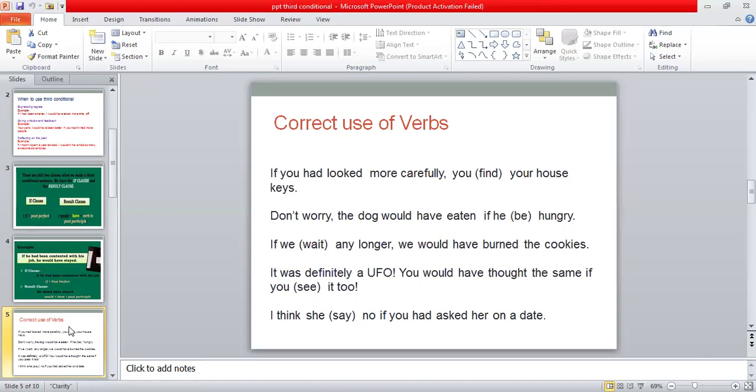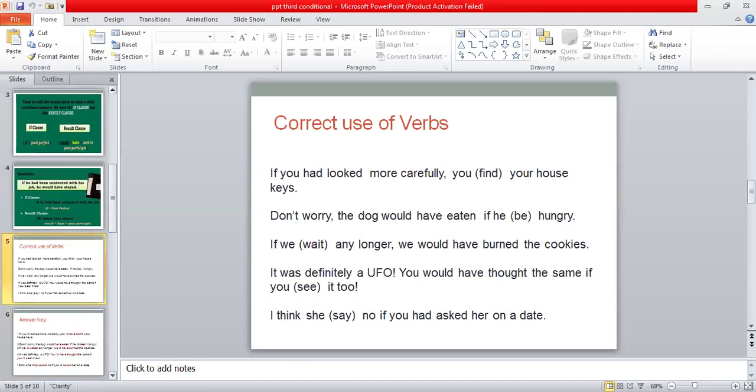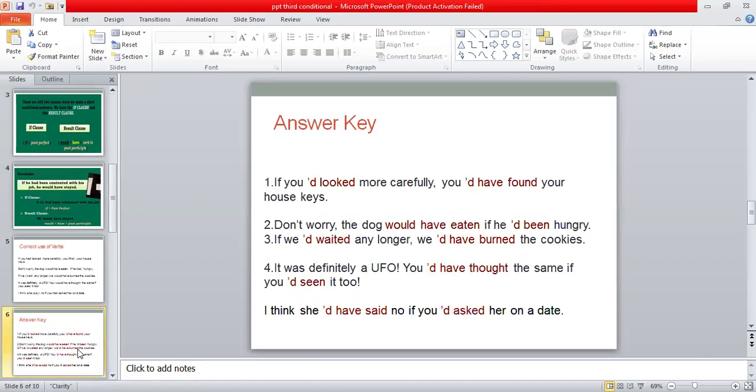And then after you have finished with all these sentences, the answer key is available over here. You can easily check your answers from the answer key, which is available right after the sentences. So in this way, you can easily check your answers and there will be no mistake at all. So it is not going to be difficult for you to correct your mistakes.